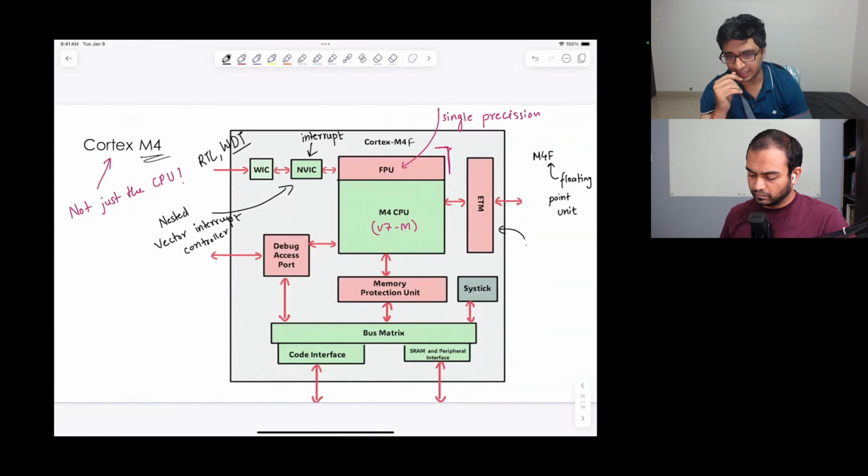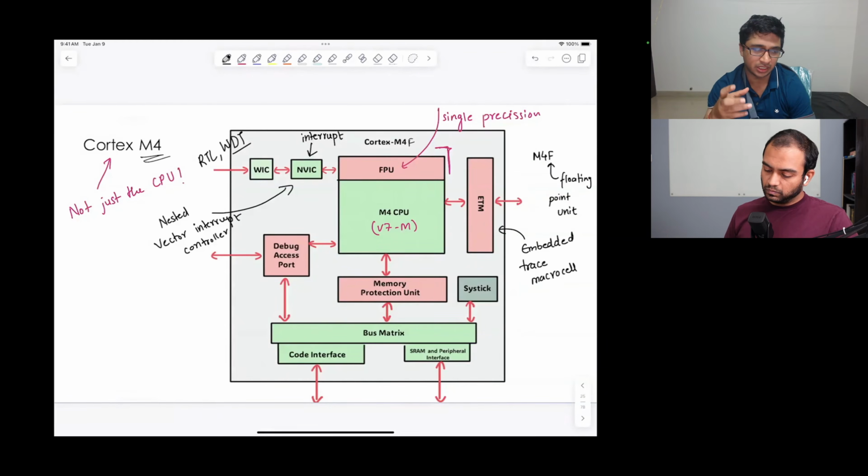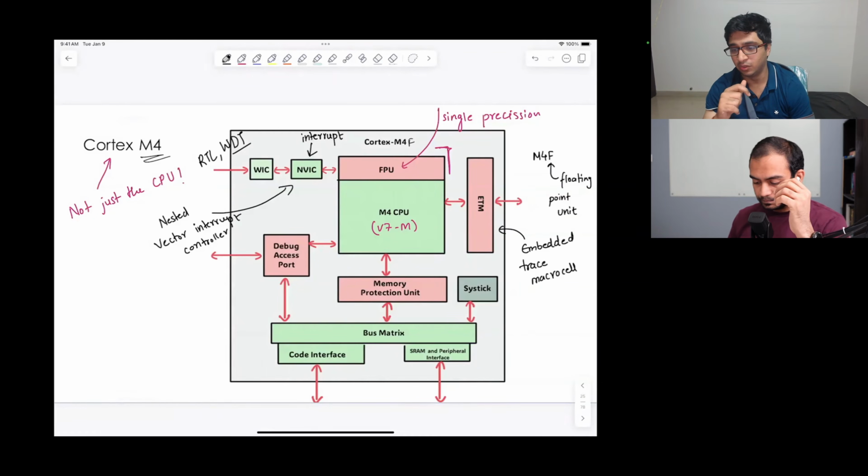This is again very optional. Anything that you see in a pinkish shade is optional in the device. The embedded trace macro cell is used for tracing. Let's say you want to do an instruction trace. You want to know what was getting executed at what time. So this keeps a real-time hardware level trace of